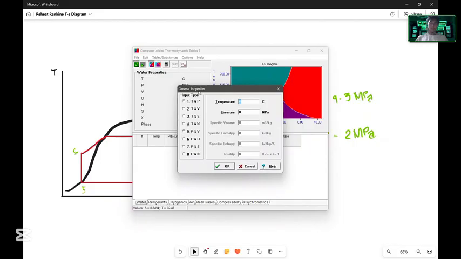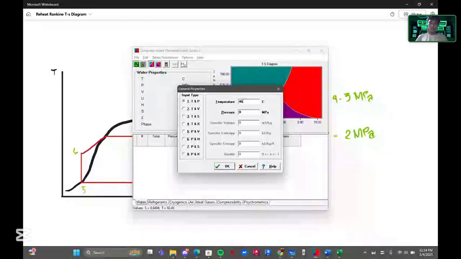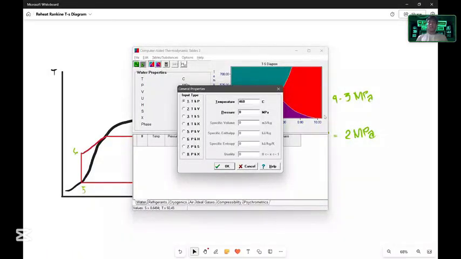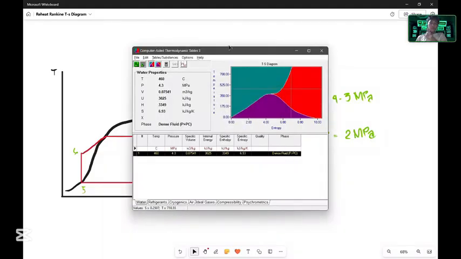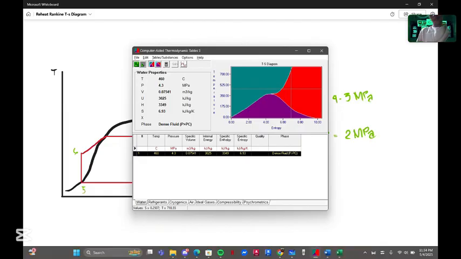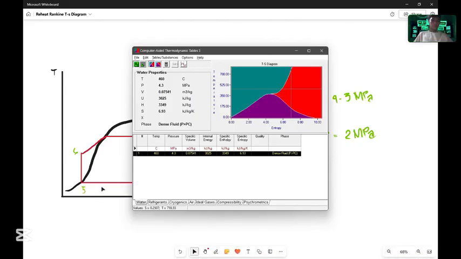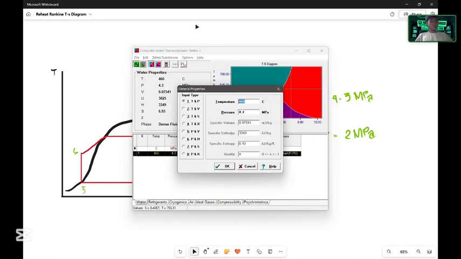Next, first thing first, we're going to use TP, meaning temperature and pressure, and we're going to input what was given to us, which is 460 degrees Celsius and a pressure of 4.3 MPa. And now it will generate the values. Then the next is press calculate again, and then select now for state 2